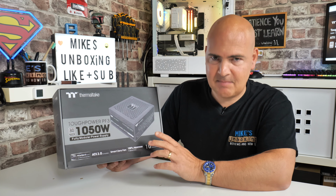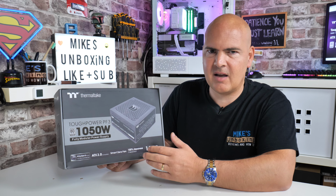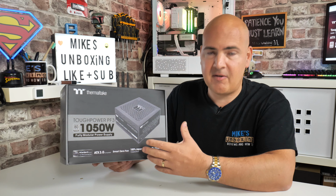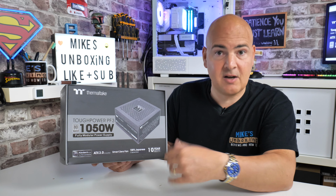So this is an 80 plus platinum rated power supply, which in kind of layman's terms means that at the very worst possible power correction, you're going to be getting roughly about 92% or more of the power that you put into the power supply back out into your PC. So it's very efficient and very, very well constructed. We'll go through today, do an unboxing, show you exactly what you get, take a quick look inside the power